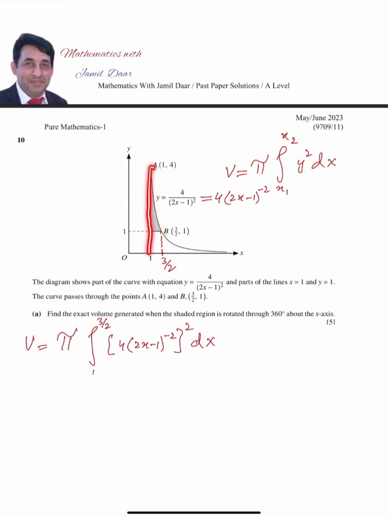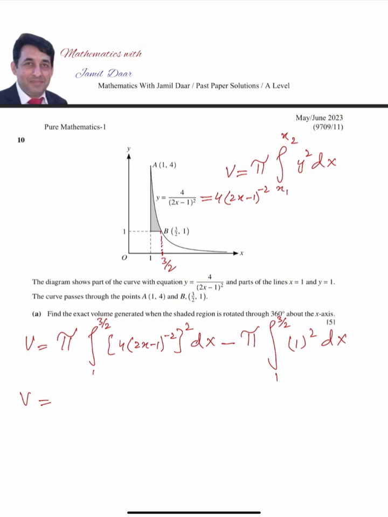So all of this one. But this is not shaded. That means you have to subtract the volume of this portion. So we'll subtract the volume of this portion, pi y squared. So we'll find the area under the graph of this one. That is y is equal to 1, so y squared means 1 squared. So y is equal to 1, so 1 squared dx. If you integrate, that will become